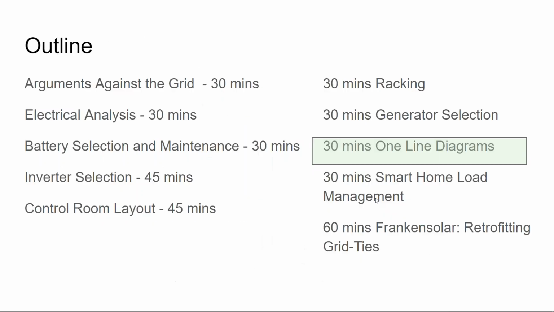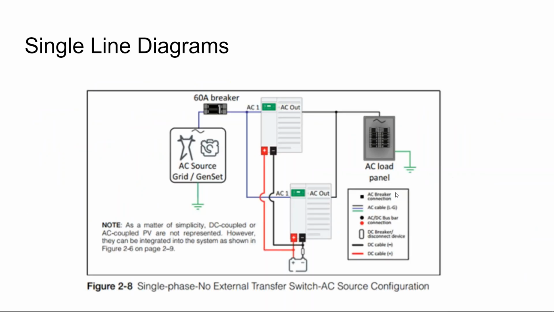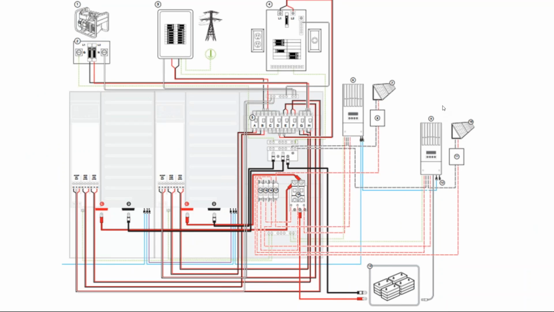All right, let's keep moving along. What I've done in this section is just included different electrical line diagrams for you to take a look at, a couple of different configurations. Here's a complicated one where we have a generator wired into the service panel. We have a grid-tied service panel. We have a critical load panel. We have two inverters being wired into the AC panel as well.